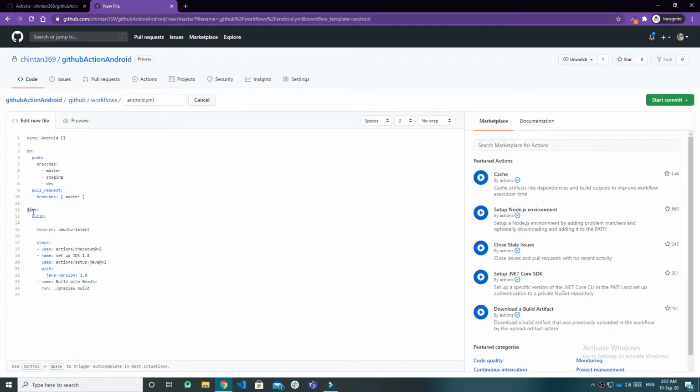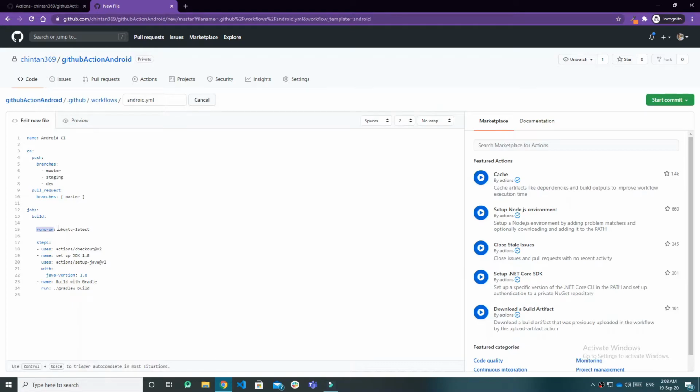So here is the job which will run on these events. Now looking into the jobs, we will make the steps which we need to make an automated process. So this is the build. In build, runs-on will select the virtual machine on which we want to run.